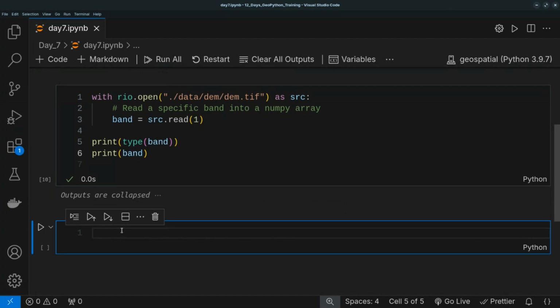Maybe today's session is just getting a little bit different from previous ones. So if you want to plot or see your raster, what you can do is that there is a plotting manager in Rasterio. So you can say from rasterio dot